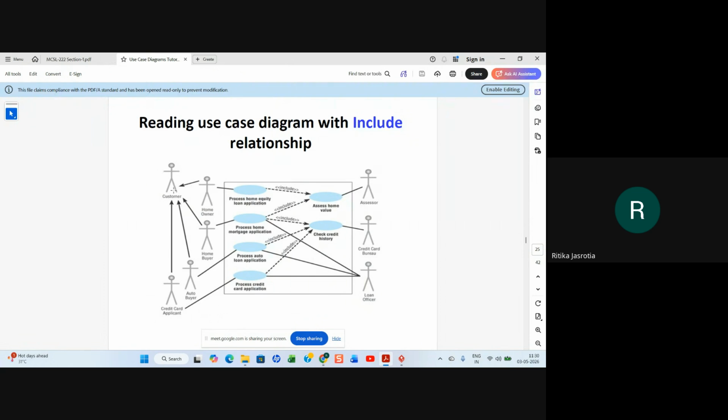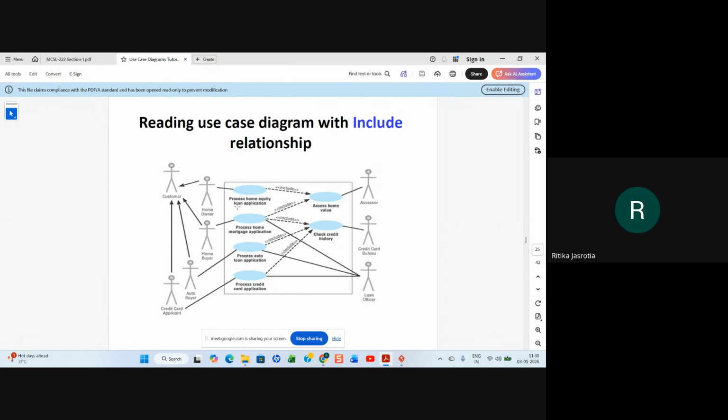So what types of customers are there? There is homeowner, home buyer, auto buyer, credit card applicant. These are the customers. The other actors are assessor, credit card bureau, and loan officer. These are the other actors related to a bank or whatever, and these are the types of customers. This is generalization they are showing.